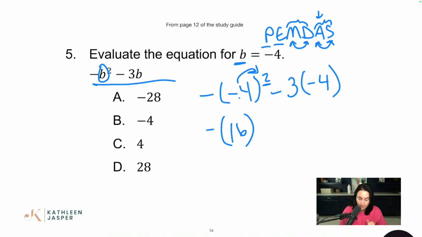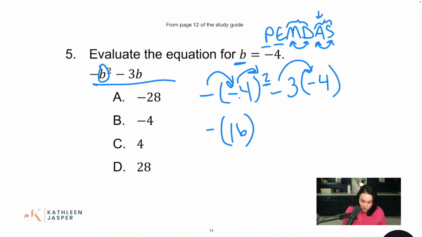What would happen if I distributed this first? This becomes a +4, and this whole thing becomes a +16. And that is not going to give me the right answer. Okay? So be careful. When you see negatives, slow down. Okay? Now,